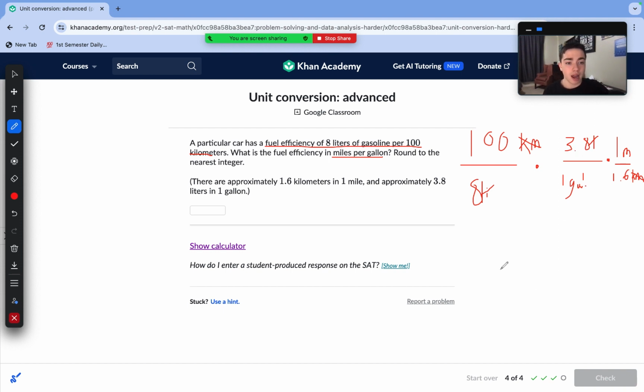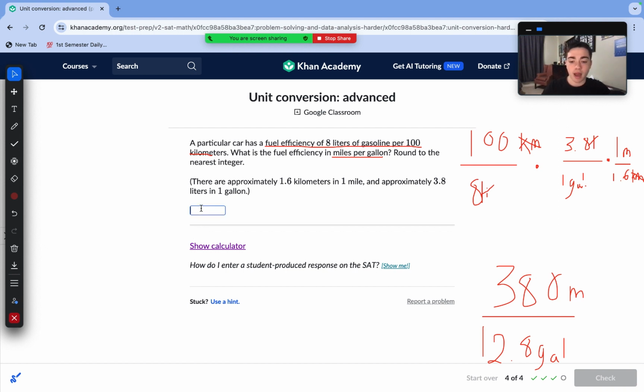100 times 3.8 is 380 miles. And then we can do 8 times 1.6 to get 12.8 gallons. And of course, our answer is looking for miles per 1 gallon. So we can just divide 380 by 12.8 to get our answer, which is 29.68. Rounded to the nearest integer, it is approximately 30 miles per gallon,